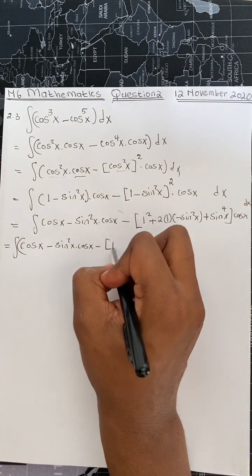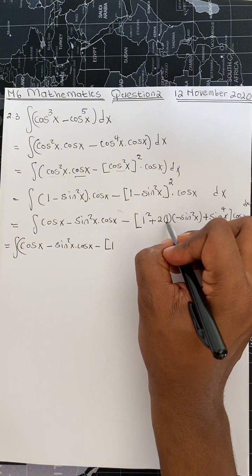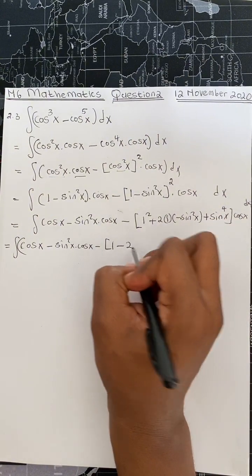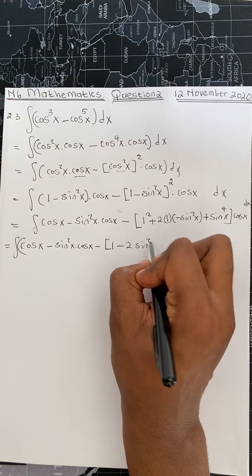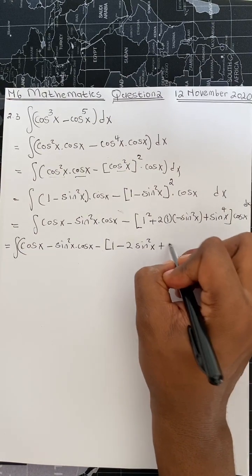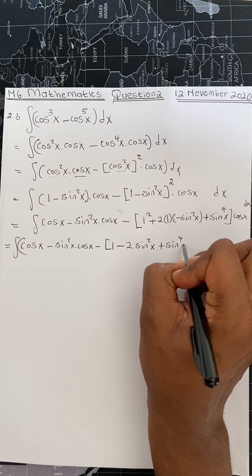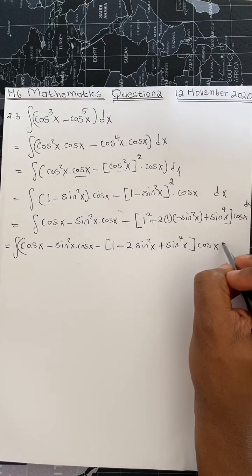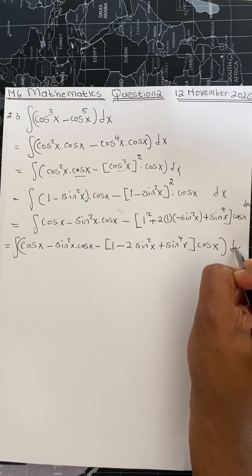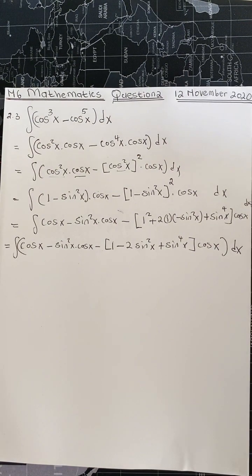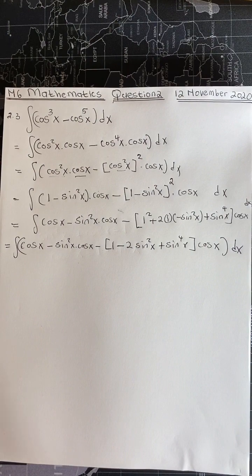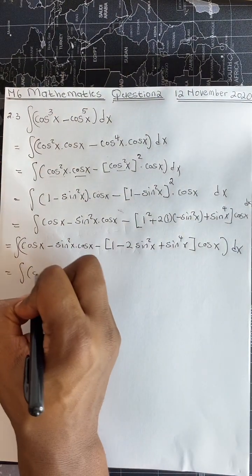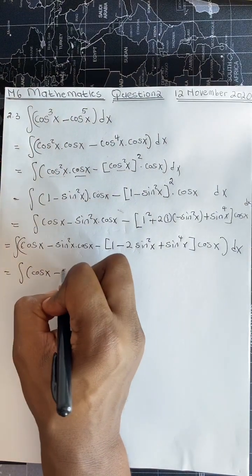So this will be equal to 1. So this 2 multiplied by 1 will be 2. And that 2 multiplied by negative sine squared x will be equal to negative 2 sine squared x plus sine to the power 4 x, and our cos x dx. So we have the integral of cos x minus sine squared x